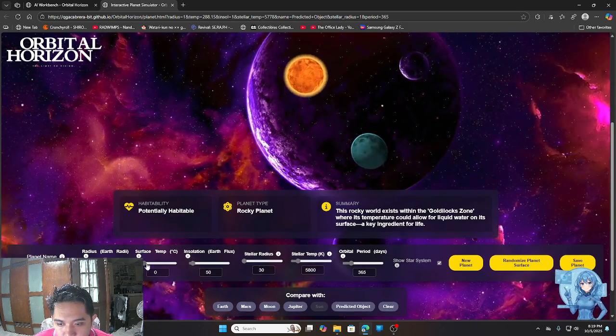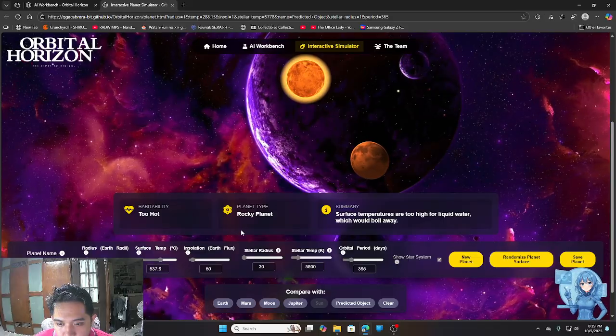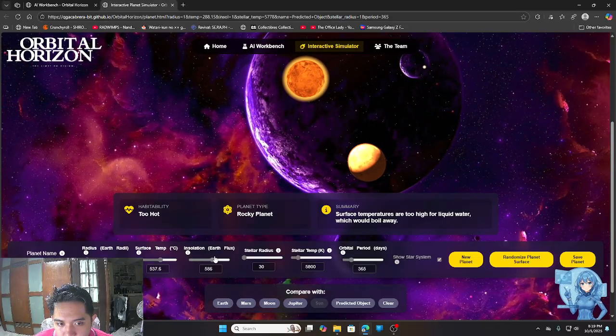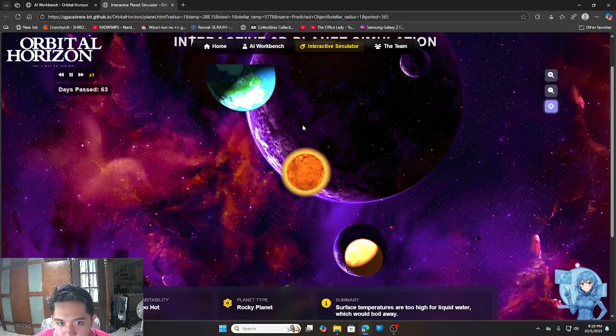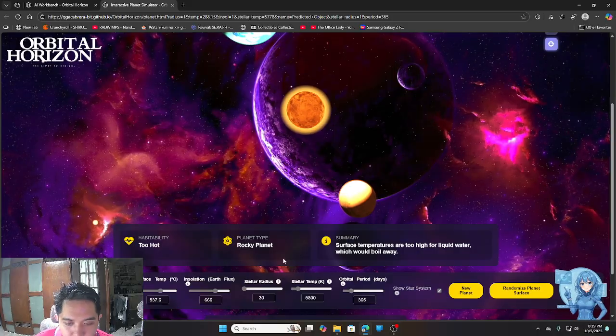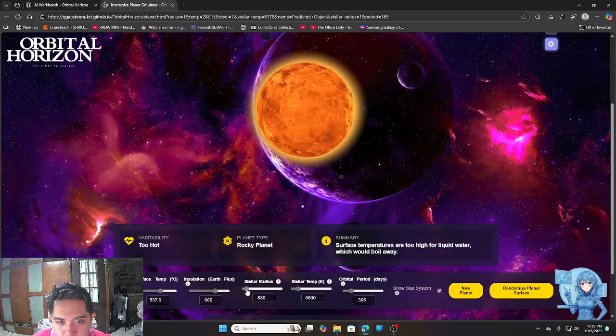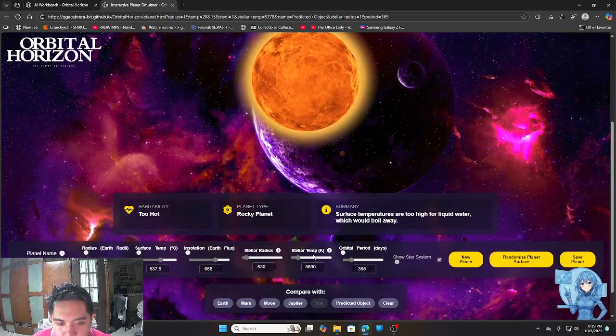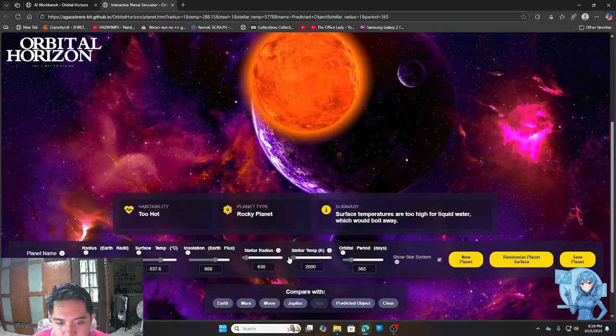All right, so right there, you can change its temperature, its insolation, the lighting which the stellar object gives off, the stellar radius. We can increase it too, and then the temperature as it goes hotter,